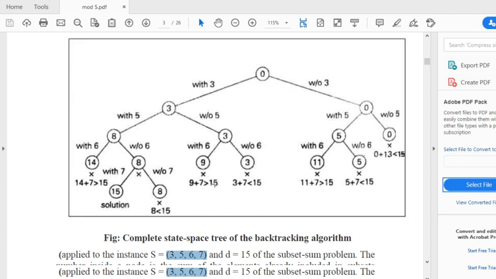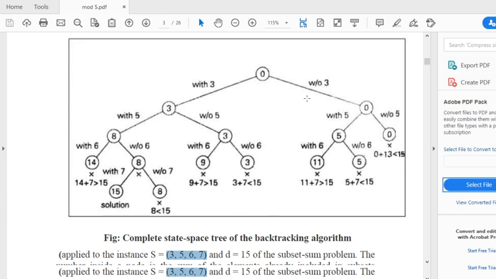If I go without 7, the same sum will be carried forward, which is of no use. Next, without 6, the same sum will be carried, that is 3. Now if I include 7, the sum will be less than 15. If I go without 7, the same sum will be carried.